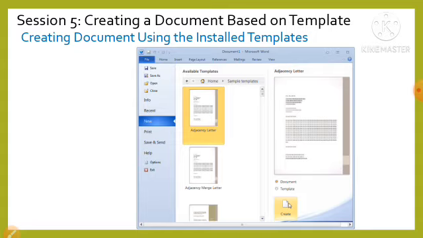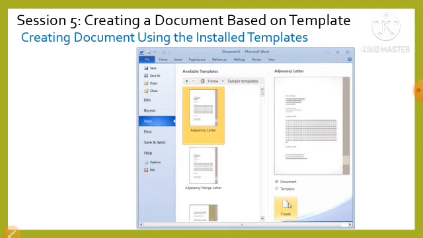If we want to use templates, we can use those already installed in the computer or available as sample templates in MS Word 2010 to work quickly and effectively. With the help of sample templates, we can save a lot of time and effort while creating professional looking documents.